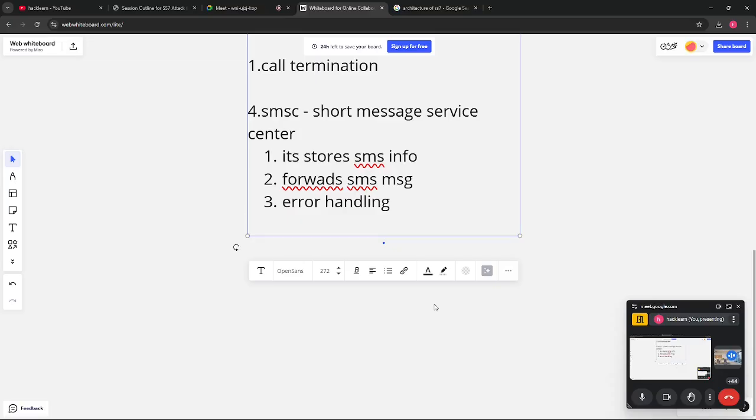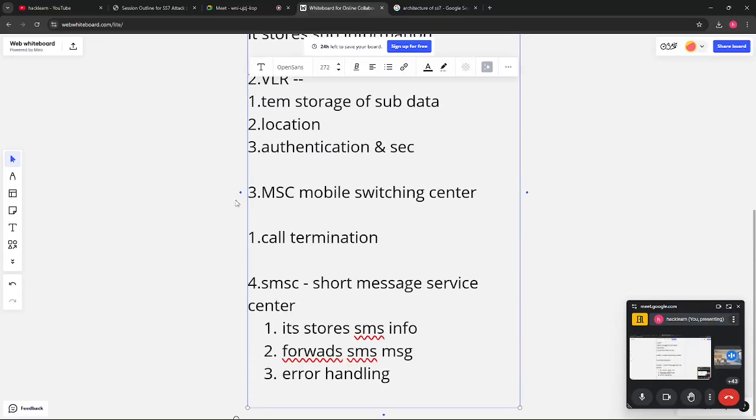Then the HLR communicates with a VLR in Delhi to retrieve the user's location, and then the Mumbai MSC establishes a call by routing to the Delhi MSC, which connects to the recipient, and then the call is handled easily.